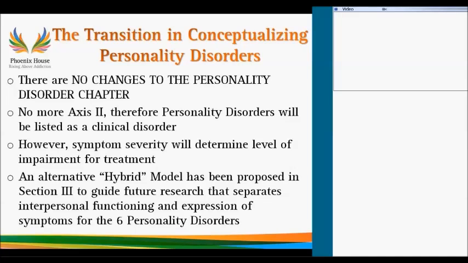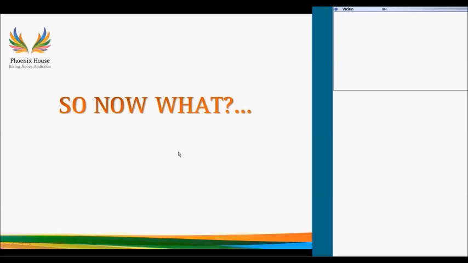There is an alternative, what they call the hybrid model. That is the original proposal of the task force. They did slide it into Section 3, and it's a guide to future research. And for those of you that are familiar with previous manuals, there was always this kind of back-of-the-book consideration, disorders for future consideration. So my guess is that it may not be in the DSM-5 right now, but it's probably coming. It's just a bigger thing that once we finally get used to looking at the DSM-5, my guess is that this new hybrid model for personality disorders is coming.